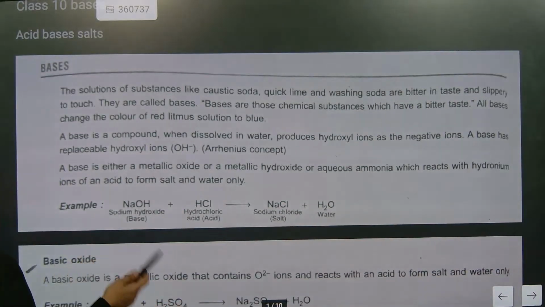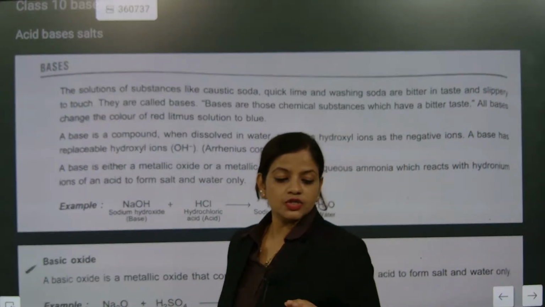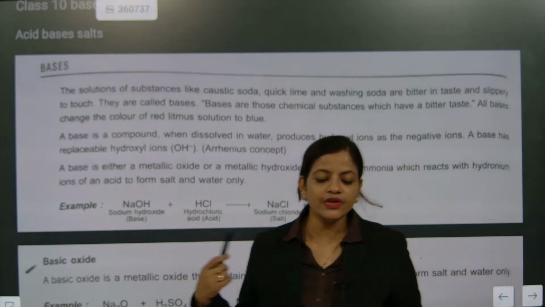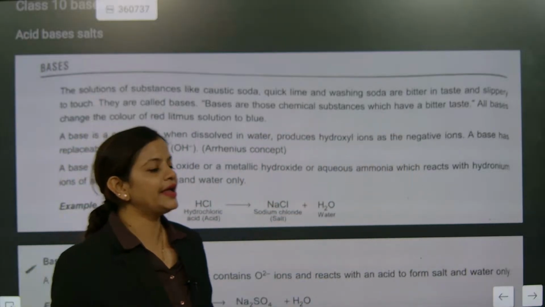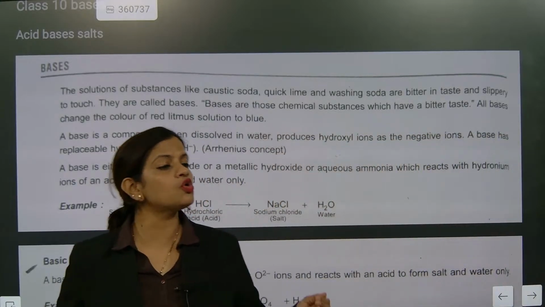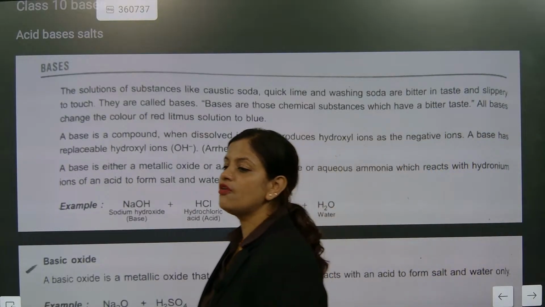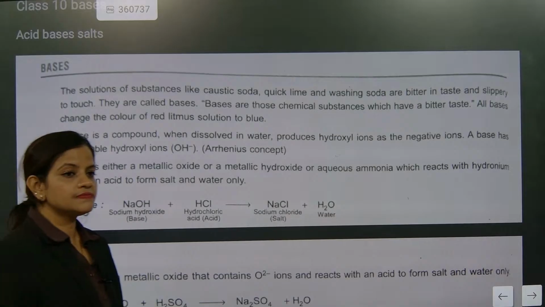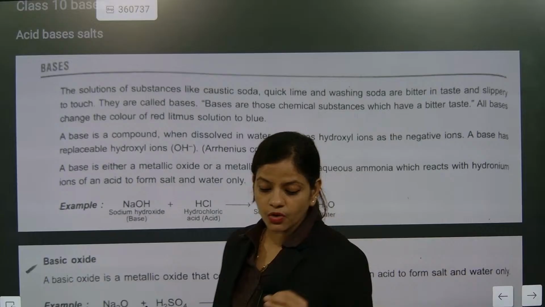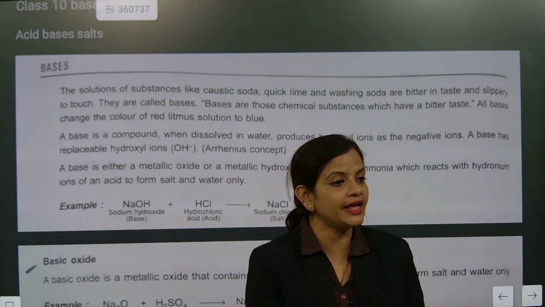Now we must understand the Arrhenius concept. Arrhenius has given a concept that H plus will be released by acids, and we are going to call it hydronium ion. In the same way, hydroxide will be released by bases, and they are also called alkali. What is the specific meaning of alkali? If somebody asks you about alkali, your answer should be that alkali means alkaline,